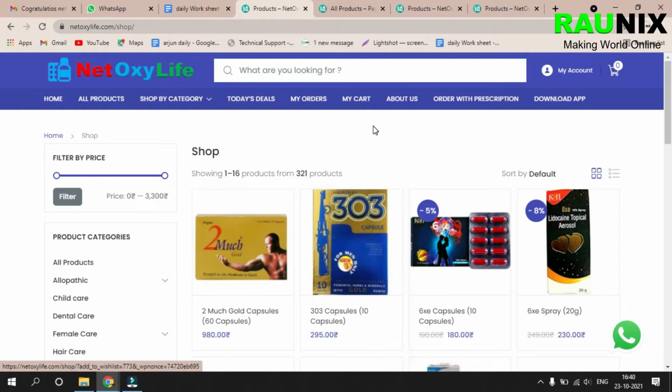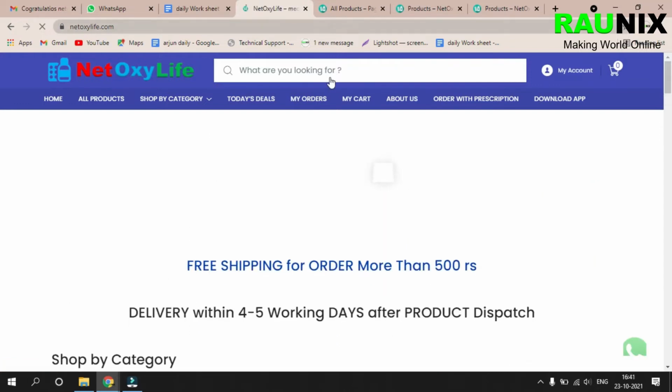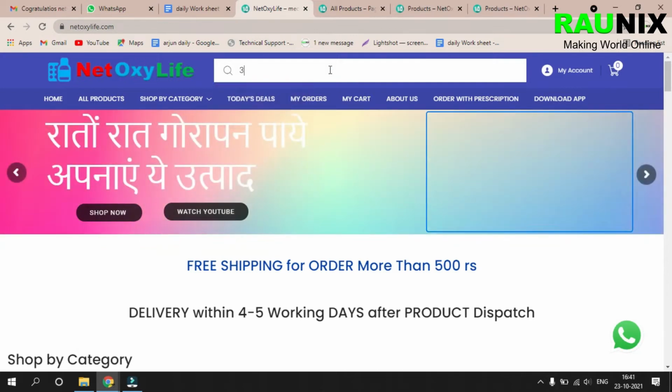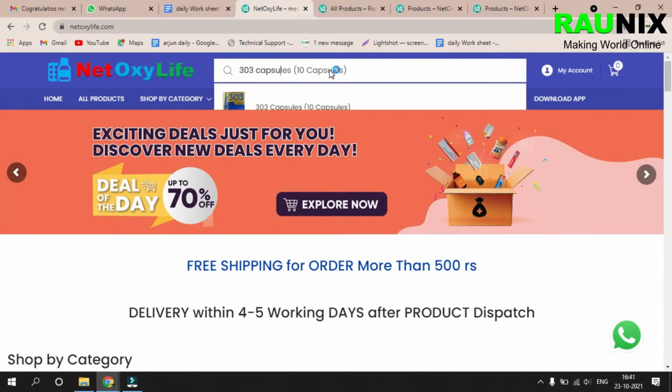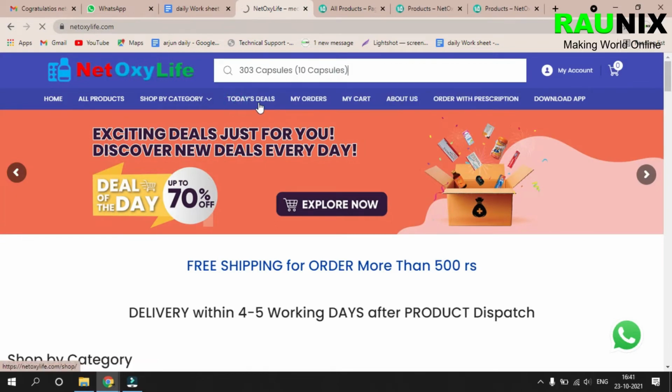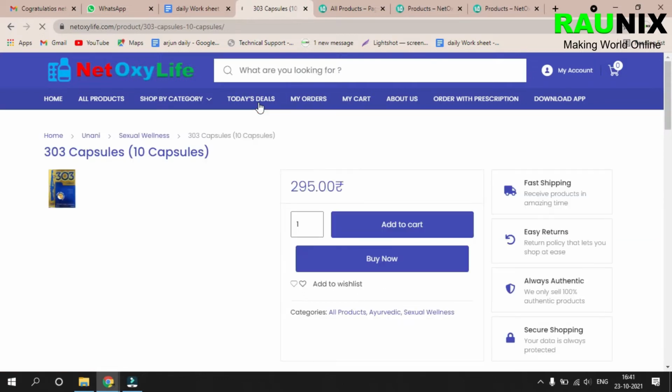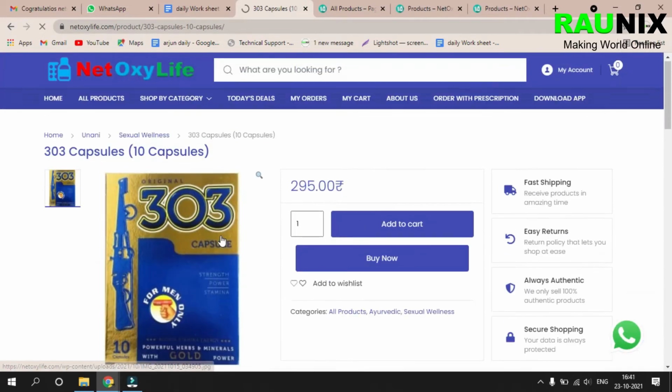Now let's understand how to search for a product in the website. You can type the product name. When you type three words of the product, the automatic advanced search will show you the products available by those words and you can see the product over there like this. And when we click on it, we can see the product image, product name, product price and all the other features of the product. We can also see the description and other details of the products.